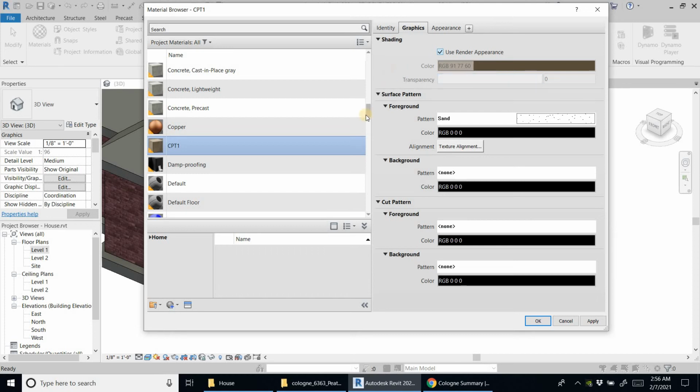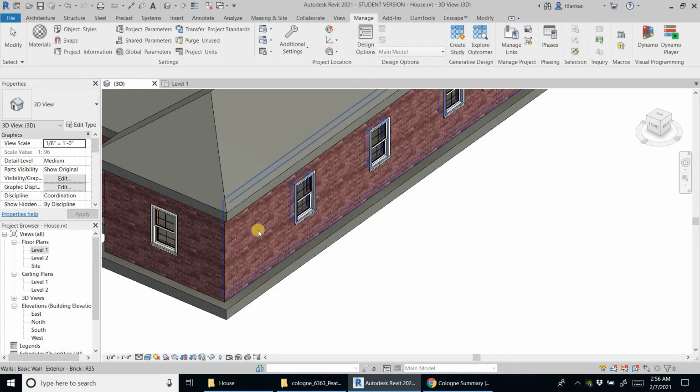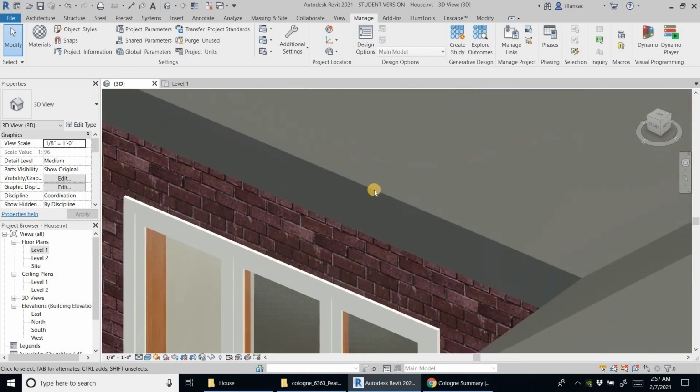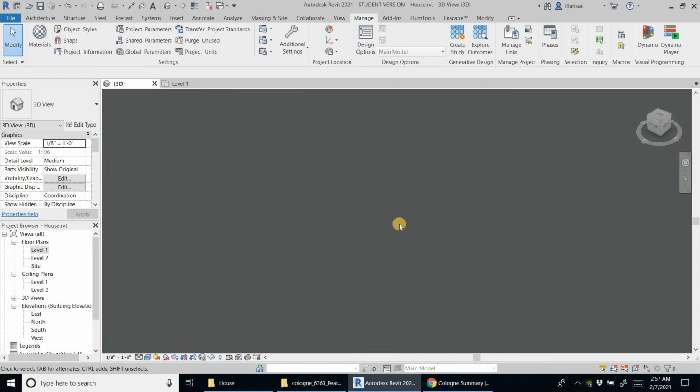Now what we can do is we can apply this CPT1 to this floor, and previously we talked about different ways of applying it. We can paint it on to the surface, which would be a good way to do it, or you can add a new floor on top, or you can divide the space, or divide the floor into segments and then apply it. Let's see what that all means. I'm just gonna say okay, and we can go inside of this,